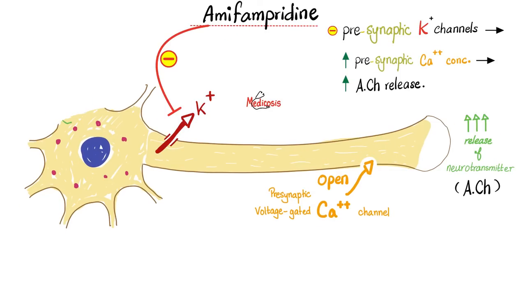Here is the exact opposite of opioids. It's called amifampridine. Instead of opening potassium channels, it closes potassium channels, increasing the potassium inside the neuron. When the positive ion accumulates inside, we call this depolarization, which is activation. If the nerve is active, the calcium channel is active, meaning open, calcium will enter and it will release the neurotransmitter, so amifampridine can improve the symptoms of Lambert-Eaton Myasthenic Syndrome by boosting the level of calcium inside the neuron.